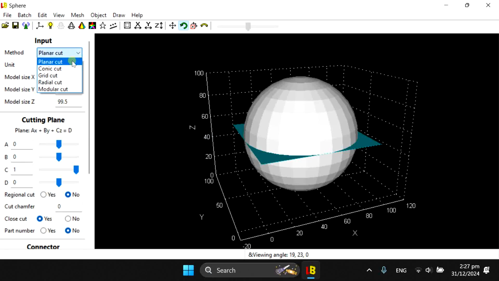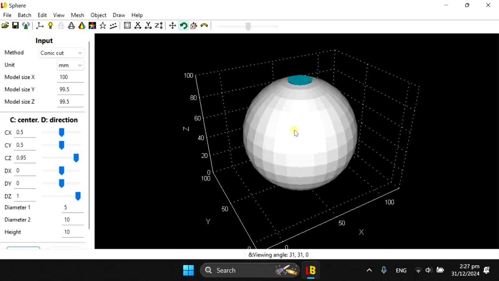Previously, we have 4 cutting methods: planar cut, grid cut, radial cut, modular cut, and now we have a new one. It's called conic cut. Basically, it's cutting the model by a cone,